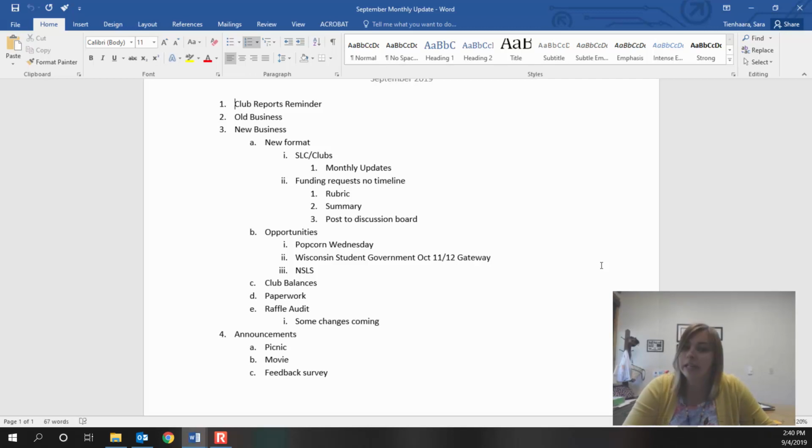So know that if you get it in later, because of the flexibility you have, you might lose the opportunity for some funding. So you'll take all that information and you'll post it to the appropriate discussion board, and clubs will have a week to vote on your request. It's important you take a look at that because they might have questions over the course of that week that they're voting. I'd love to share some opportunities with you that are coming up.